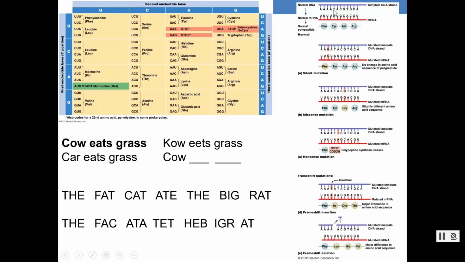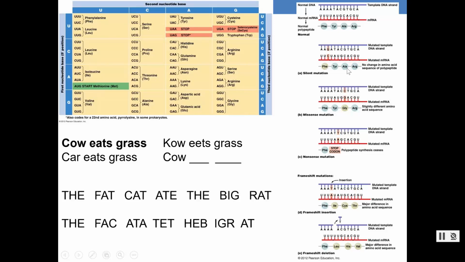All right, so the AAA triplet gives rise to the UUU codon. In this case, with the mutation, we have UUC. UUU gives us phenylalanine. Okay, so that's good. What happens with the mutation? Instead of UUU, we have UUC. UUC, what do we get? We still get phenylalanine. So the amino acid sequence remains the same.